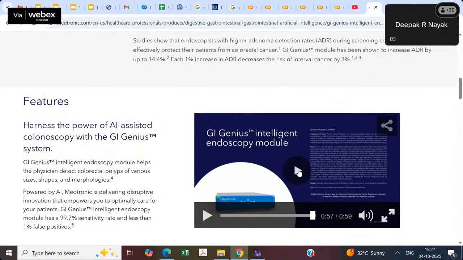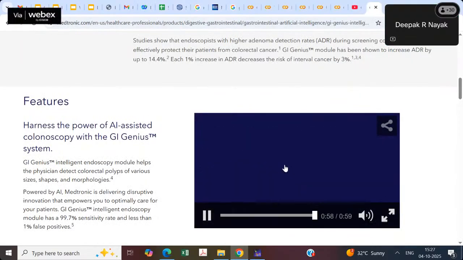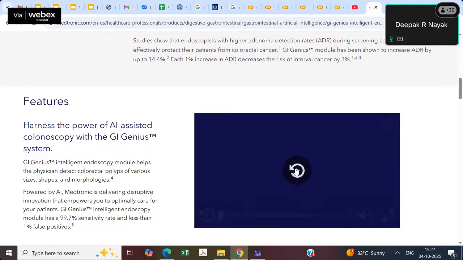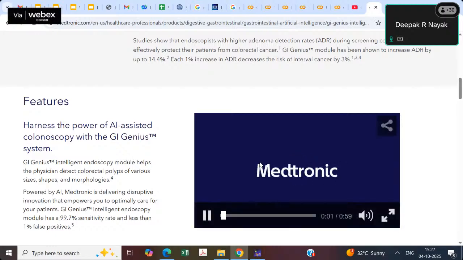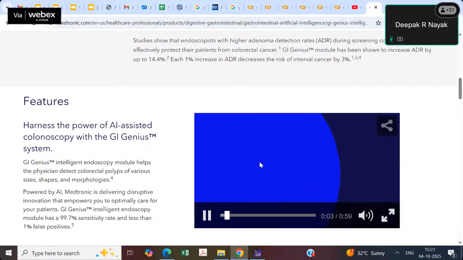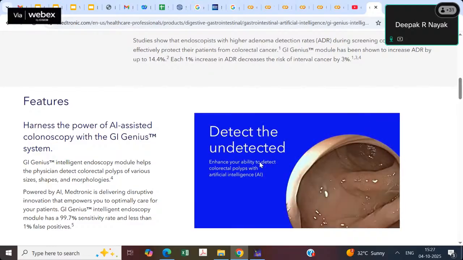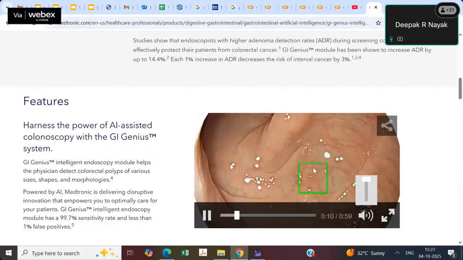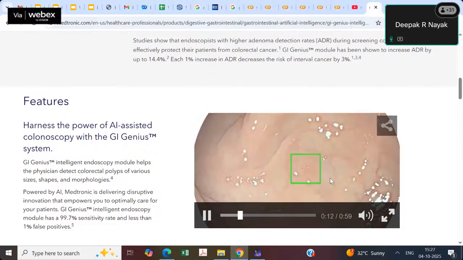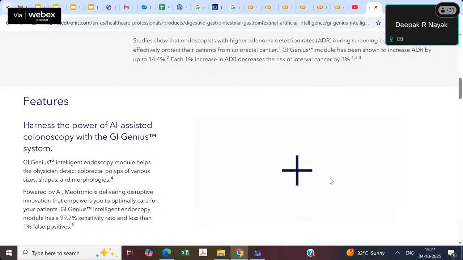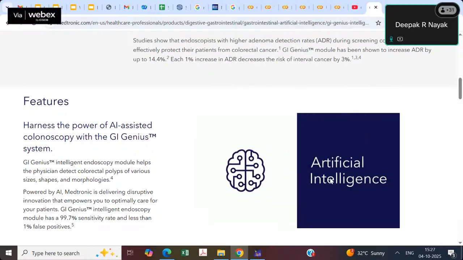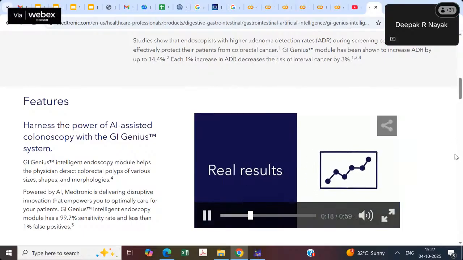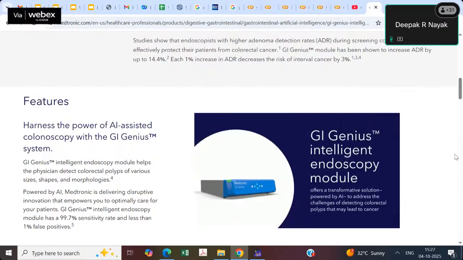This is the product description and all, right? That's what they are claiming, that yes, it is performing well, but still there are some issues that need to be solved or resolved. So I hope my screen is visible. You can see this kind of polyps, right? It's very, very difficult to detect by the naked eye. But with the help of these AI technologies, obviously computer vision technologies and deep learning technologies,